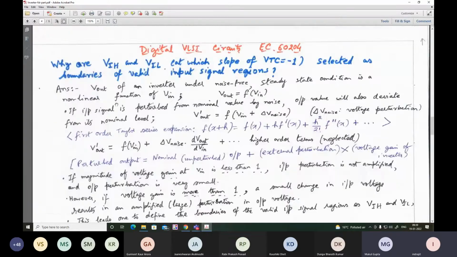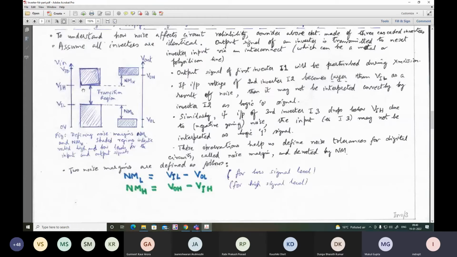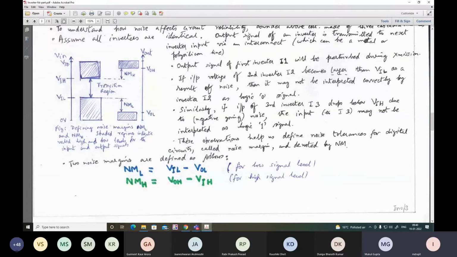However, if it's within the limit, that means the noise margin NMH is obeyed, the noise margin is found to be satisfied, then the operation is error free, you can say. So the boundary of the higher level input signal is kept at VIH, that is the lower limit, and the upper limit of the logic 0 level signal on the input side is kept at VIL.